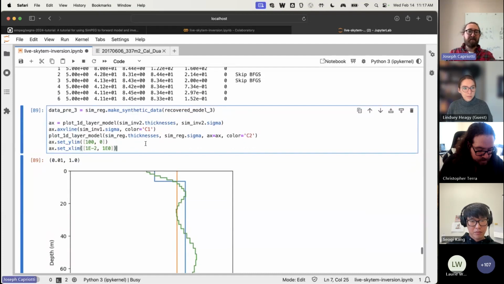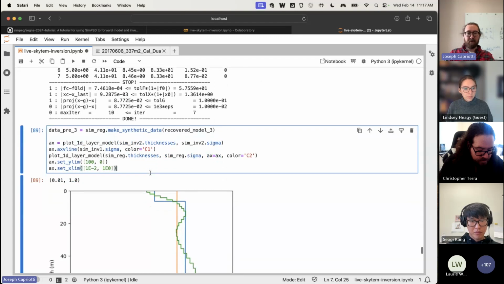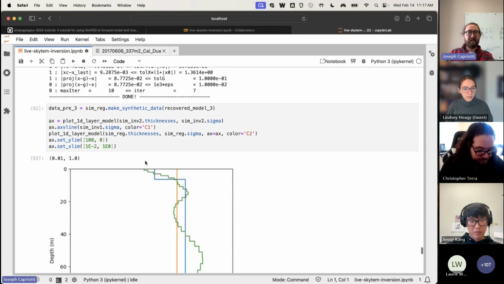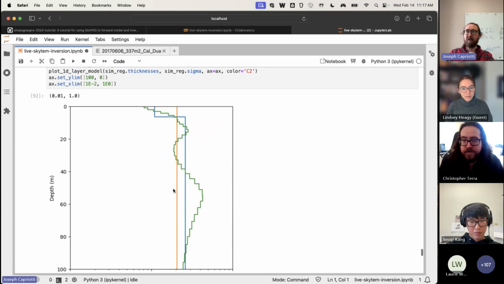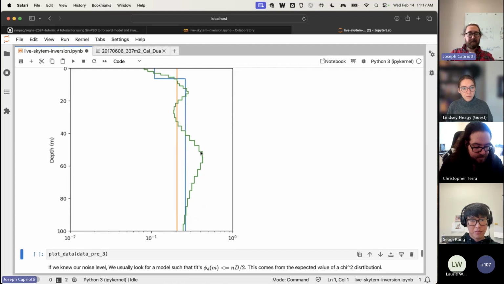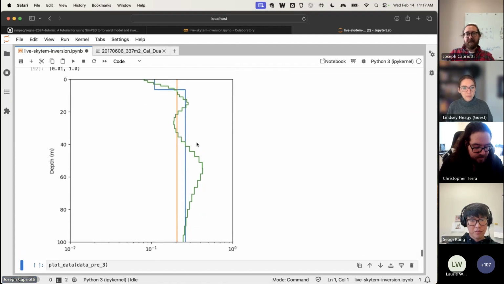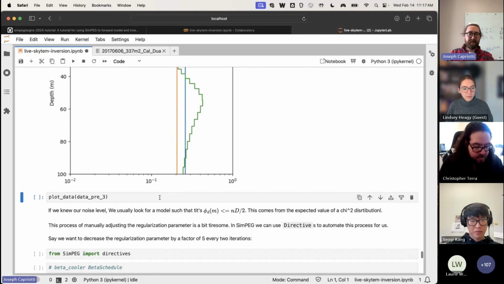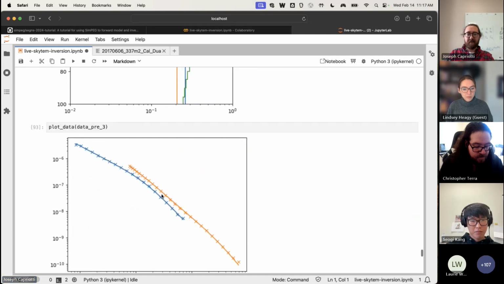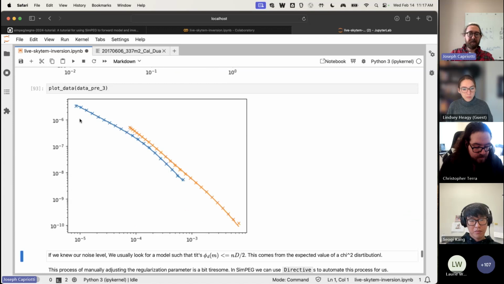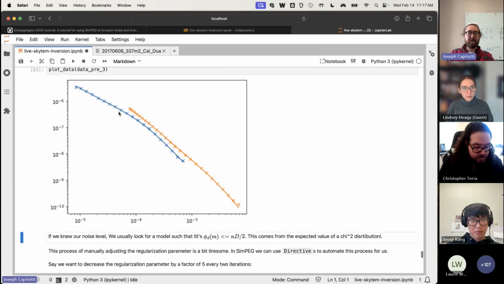You'll see that with a lower data misfit, this model is going to look a little bit more chaotic. It's a little bit more bumpy, a little bit wavier, with a few more changes in it. We can already see some characteristics forming in this model here. Our data certainly fits a little bit better than before. The near surface is a little bit off, but